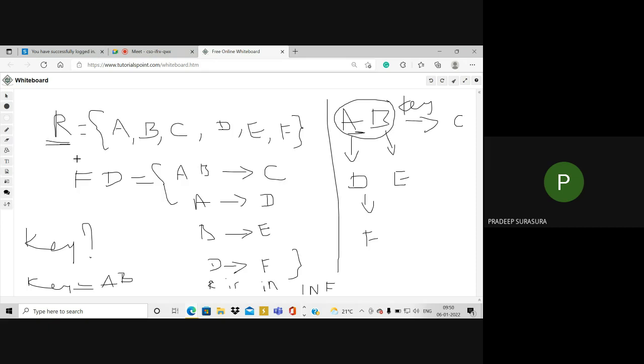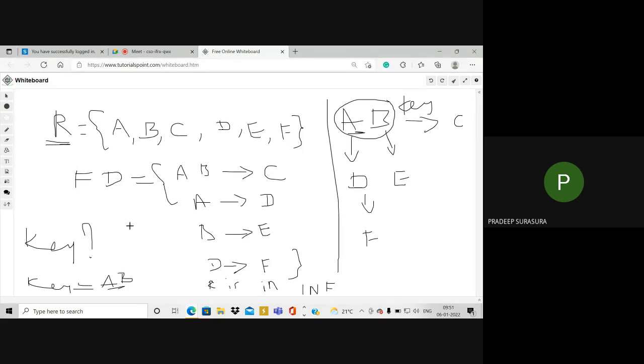So first deduce the key like this. Once you know the key, you write the first normal form definition. And you see that there are no multi-valued attributes here. After writing the first normal form definition,